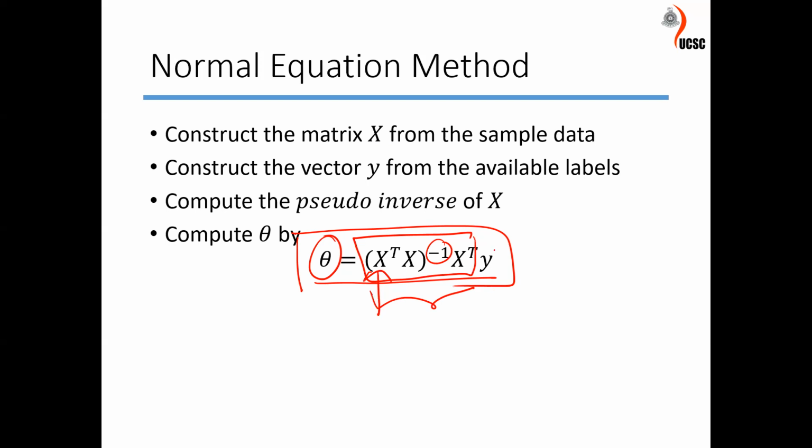Then you know the actual value of Y, the actual label or class. Then you multiply the whole thing and compute this equation, and finally end up finding the parameters. So this is the normal equation method. There is no